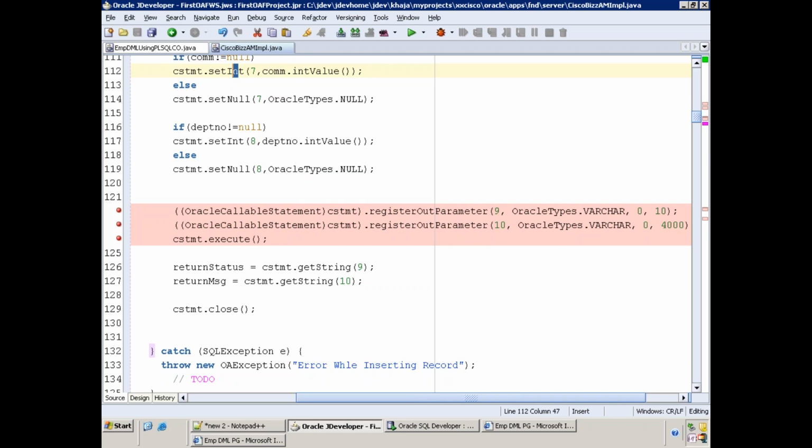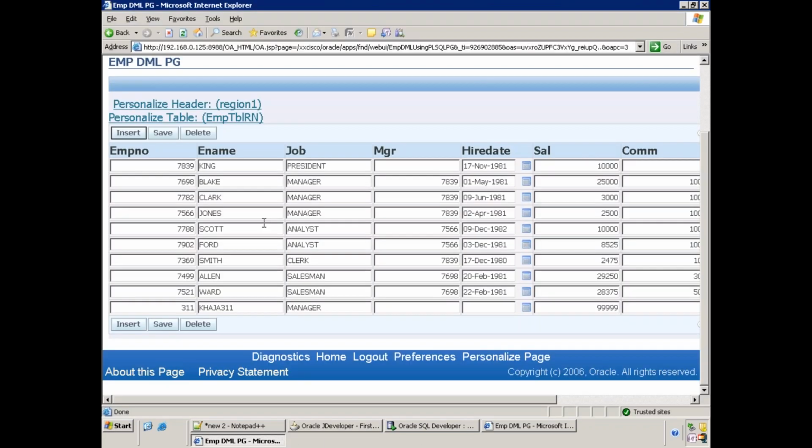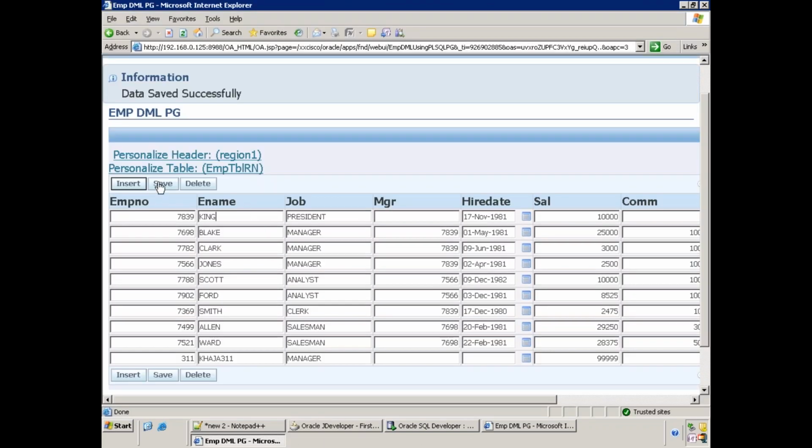Clear? Okay. So this is for the insertion purpose only, because we are calling only the insert API. We are not working on update as of now, isn't it? Yes, sir. Now the other thing: when a user clicks on save, as a business user he does not bother about whether you're calling the insert API or update API, because he wants the database update to be done and all the records to be available in the database.